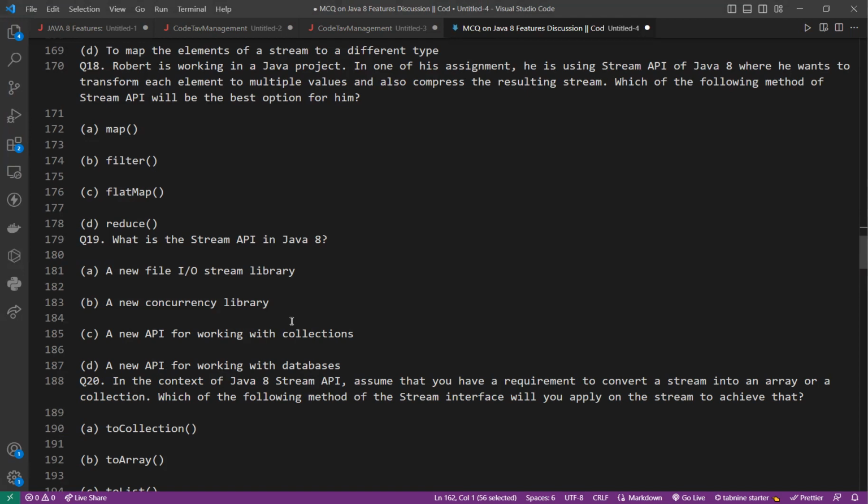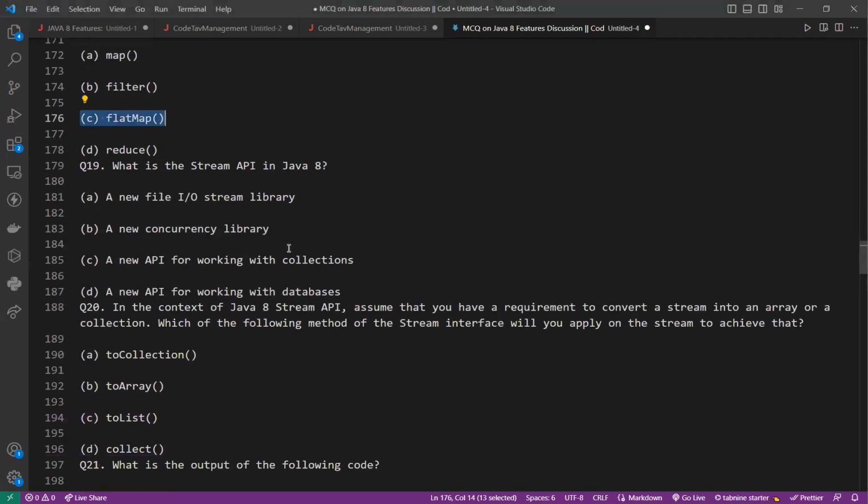If you want to transform the elements of a stream in some way, two methods are there, map and flatMap. Map you will use if you want to transform each element into a single value, so it will be one to one only. But flatMap, if you want to transform each element to multiple values and also compress or flatten the resulting stream. So here flatMap will be the right choice. Okay, so next is